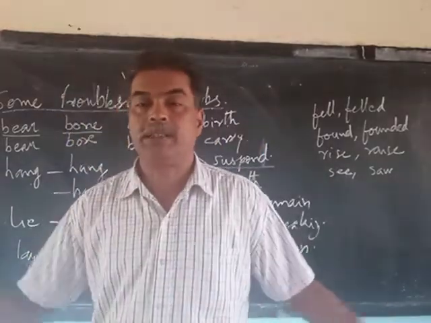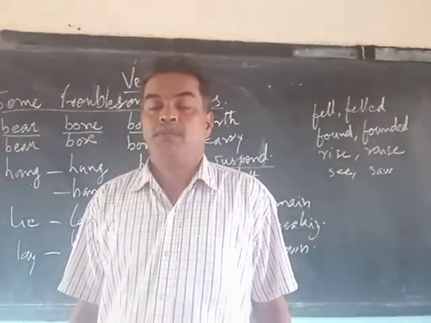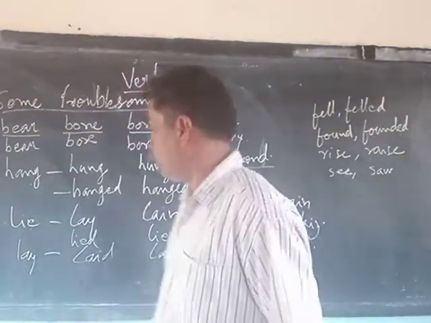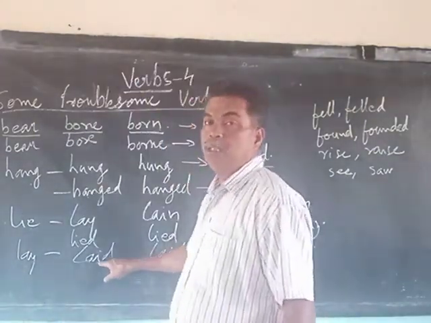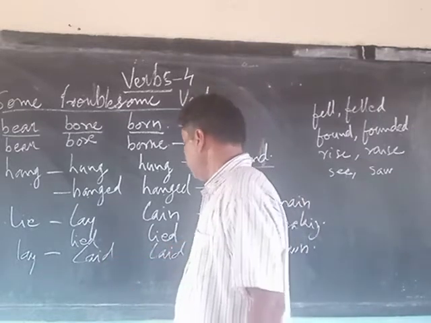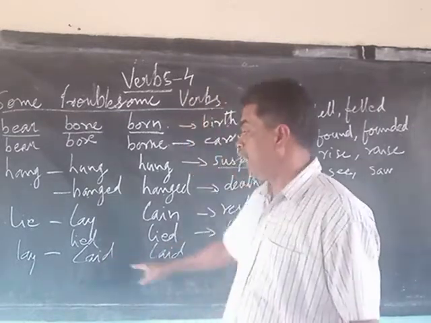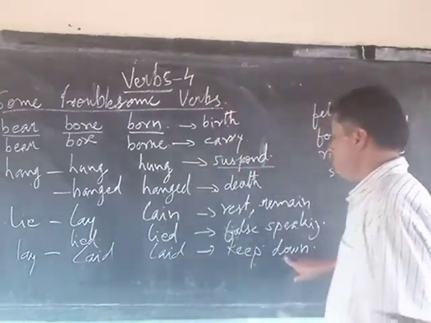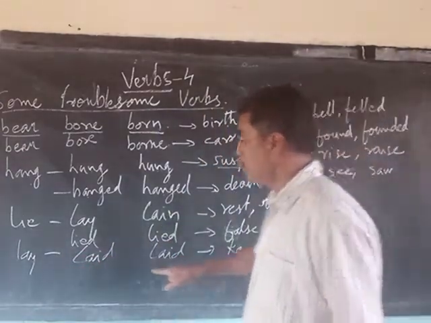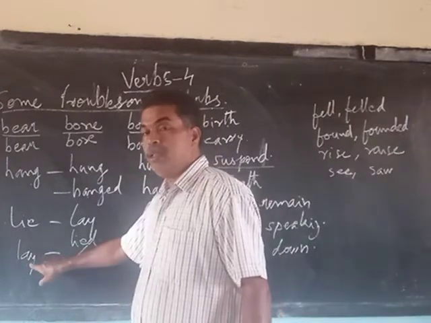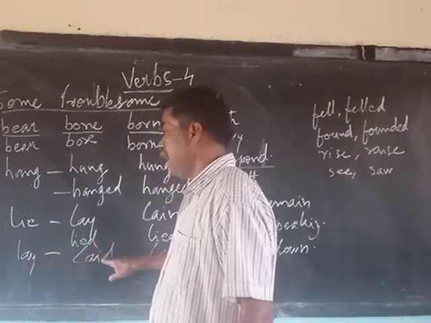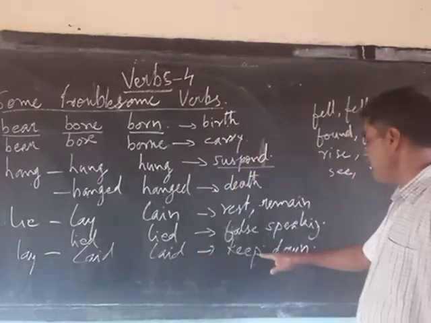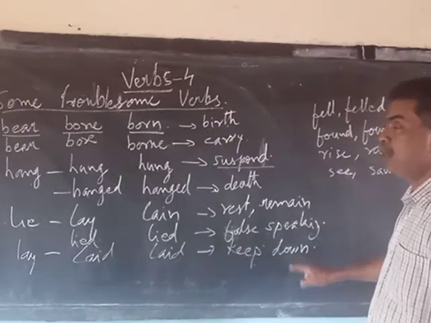He laid the mat for people to sit, for people to lie down. Laying the table, or laid the table for dinner or lunch, whatever it is. Fine. Chicken lay egg, quietly keep down. So that is where we use this word L-A-Y, V1 form, L-A-I-D, V2 form, L-A-I-D, V3 form. The meaning is related to keep down.